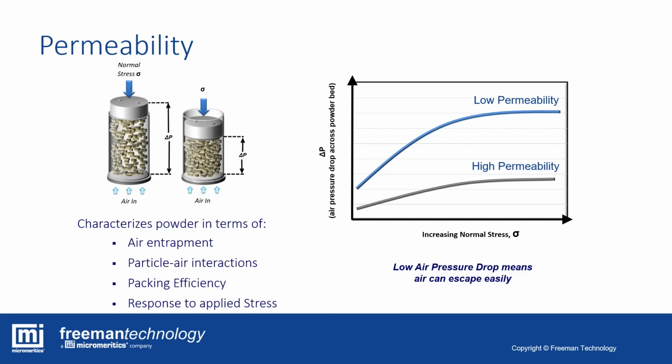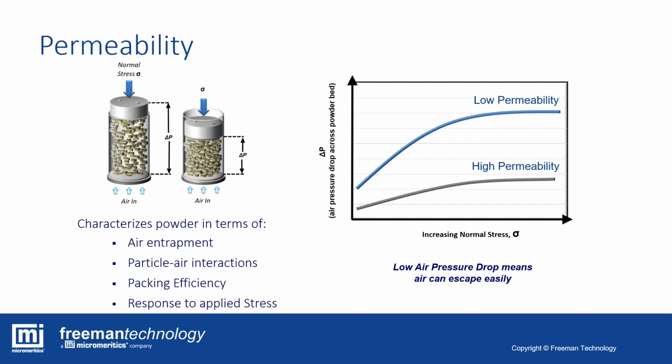The next test that we will discuss on the FT4 is permeability testing. During permeability testing, we will feed air at a constant flow rate through the powder bed sample and vary the compacting force that we are applying to the powder sample. At each stage of compaction, the pressure drop that the air experiences as it transmits through the powder bed is